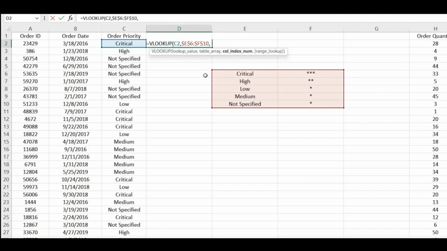Now my third input is, once the VLOOKUP command finds a match, in this case of critical in the very first column of the lookup table, what do I need to do next? Or what column should I then access to output the star rating? So because my star rating is in column 2 of the lookup table, I'll put in a value 2 there. That is, once it finds the value critical, then it should output the corresponding value in the second column,